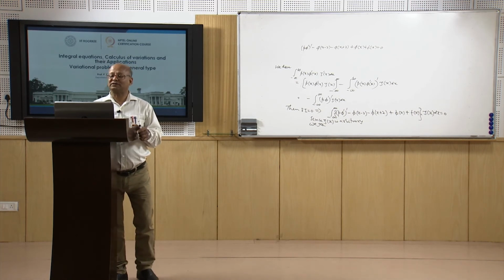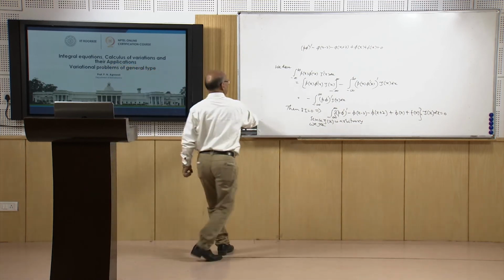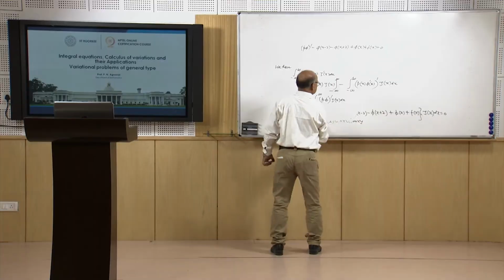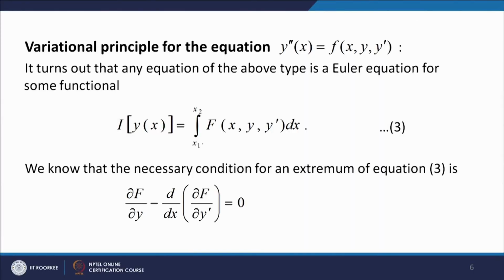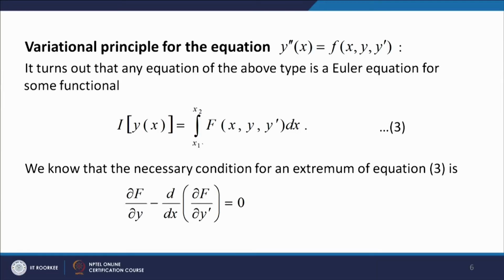Now let us also consider the variational principle for the equation y'' = f(x, y, y'). What we notice here is that any equation of this type is an Euler equation for some functional I[y(x)] = integral from x1 to x2 of f(x, y, y') dx. How will we show this? Let us